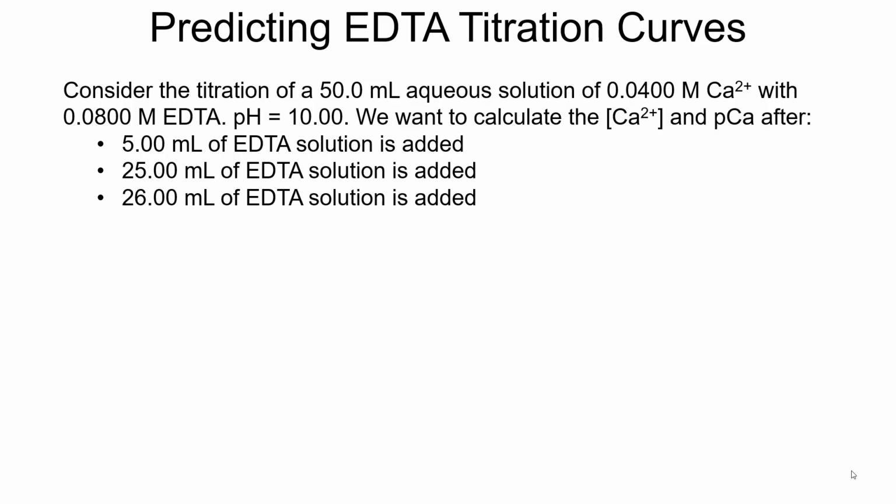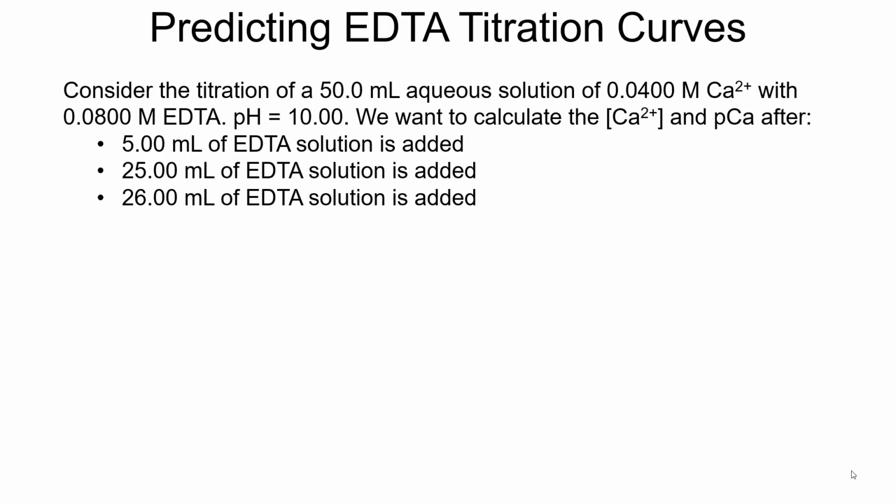We're going to do a calculation at the endpoint once 25 mL of EDTA solution has been added. Then we're going to do one in region 3 past the endpoint where 26 milliliters of EDTA solution have been added. And we're going to go through the assumptions that you would make to calculate the pCa value in